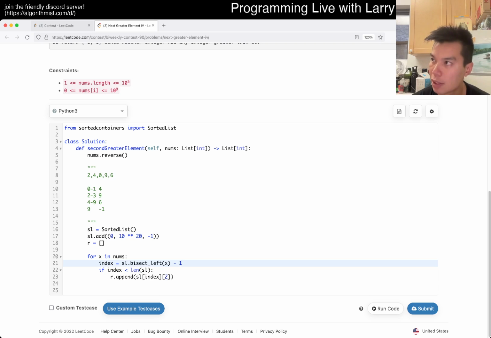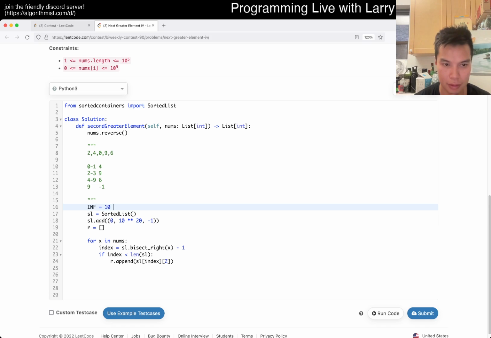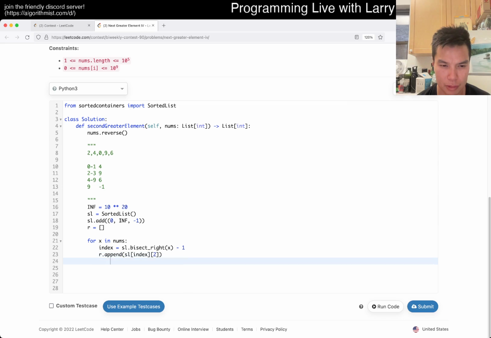So if it's the same, then we go to the previous one. Is that true? Nope. So let's do bisect. Okay. And then here now we take this, this is always true, and now we have